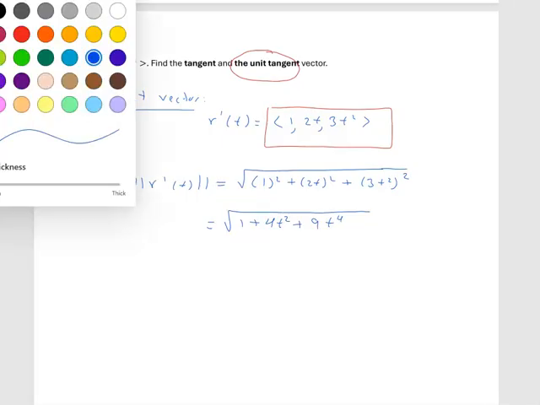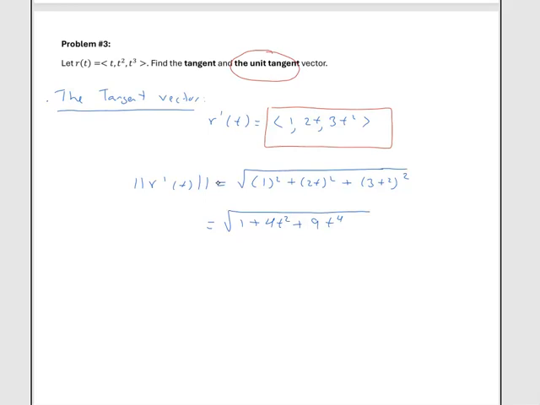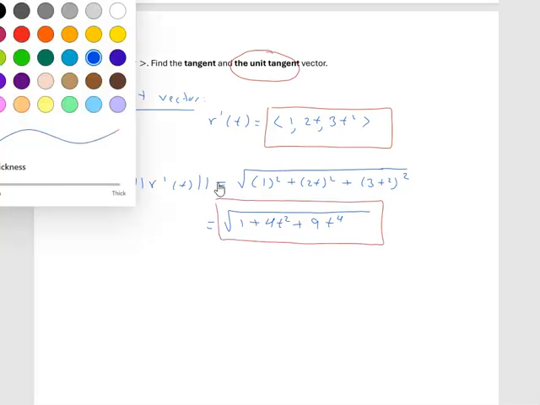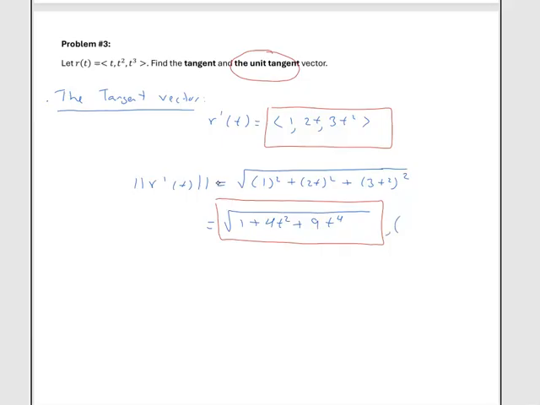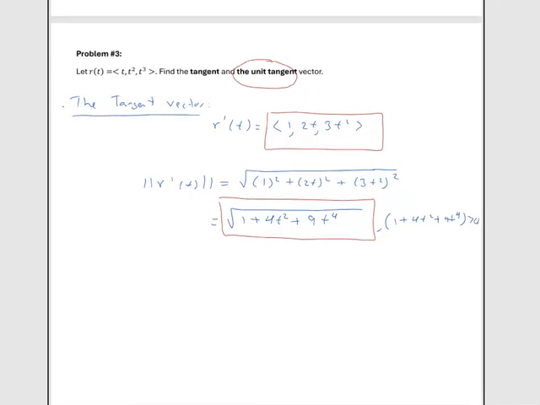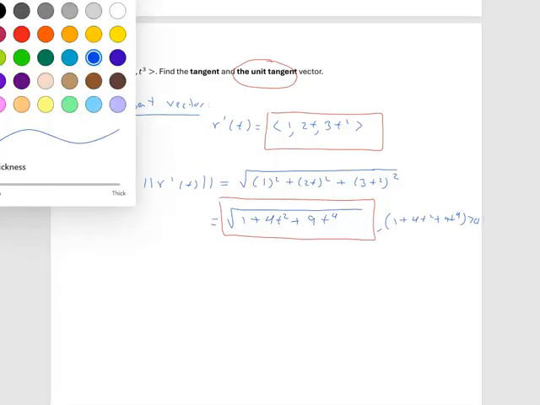Now, since we're going to end up with this in the denominator, I'll just put the disclaimer here. We'll just say that the quantity 1 plus 4t squared plus 9t to the 4th has to be greater than 0. Once you put it in the denominator, you cannot have it equal to 0, so I'll just say greater than 0. And then for the last portion, the unit tangent vector,